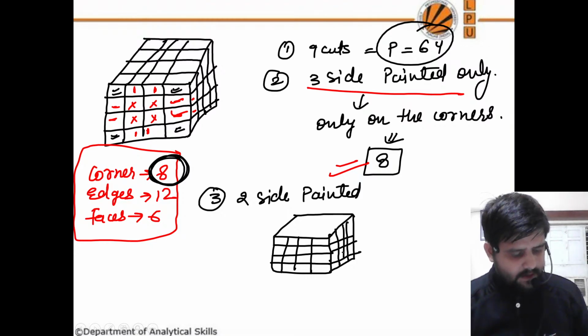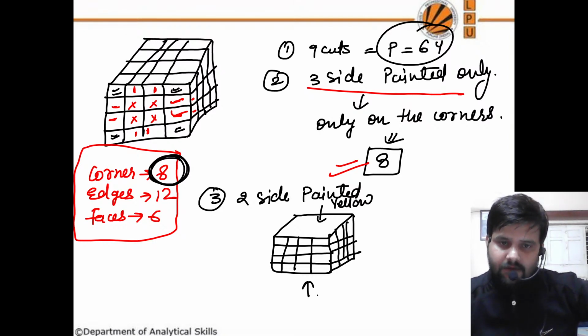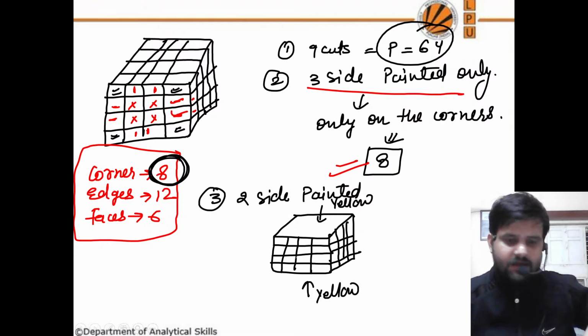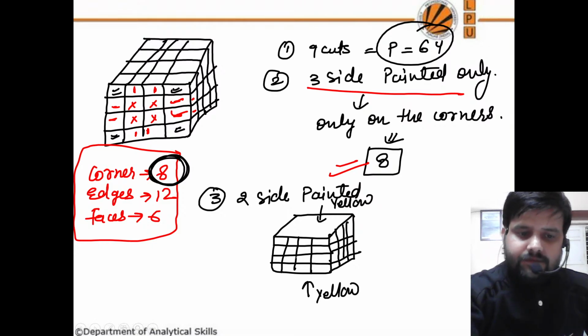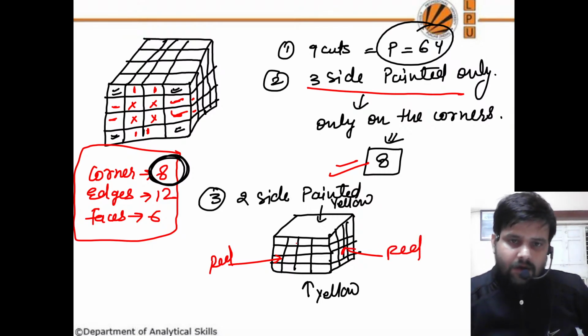A cube is painted red on two adjacent faces and one on one opposite face, yellow on two opposite faces and green on the remaining face. So as per that question, इसको मान लो येलो है. ठीक है, तो इसके डाउन वाला भी येलो होगा, अपोजिट फेसेस येलो हैं. और वो कह रहा है टू एडजेसेंट रेड. मान लो इसको मैंने रेड कर दिया, तो ये भी रेड हो गया. और एक बोला है कि एक अपोजिट भी रेड है, तो या तो इसके अपोजिट वाला रेड ले लो या इसके अपोजिट वाला रेड ले लो। चलो इसके अपोजिट वाला रेड लेते हैं जो यहाँ पे हिडन है, ठीक है, तो वो रेड हो गया।